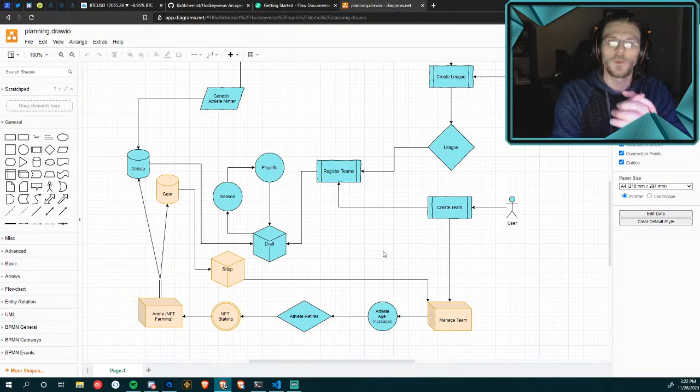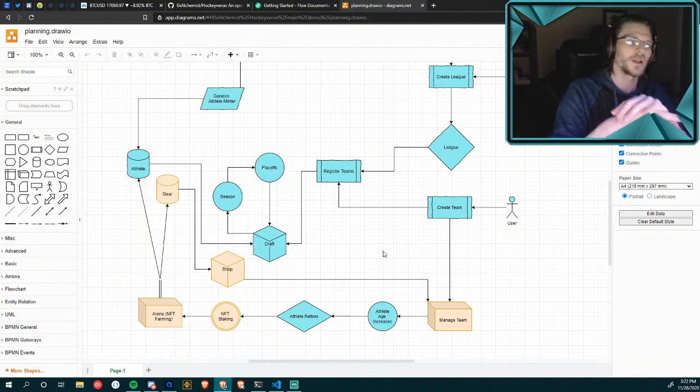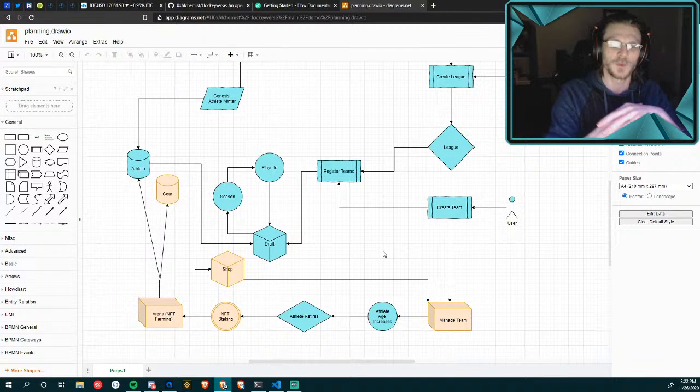So one of the big things that we're definitely not going to get to yet, but as soon as I really create the player, the athlete, one of the goals here is, so there's two big things that I'd like to do with this, and they're really exciting but super intimidating. So the first one would be the gear side of things.